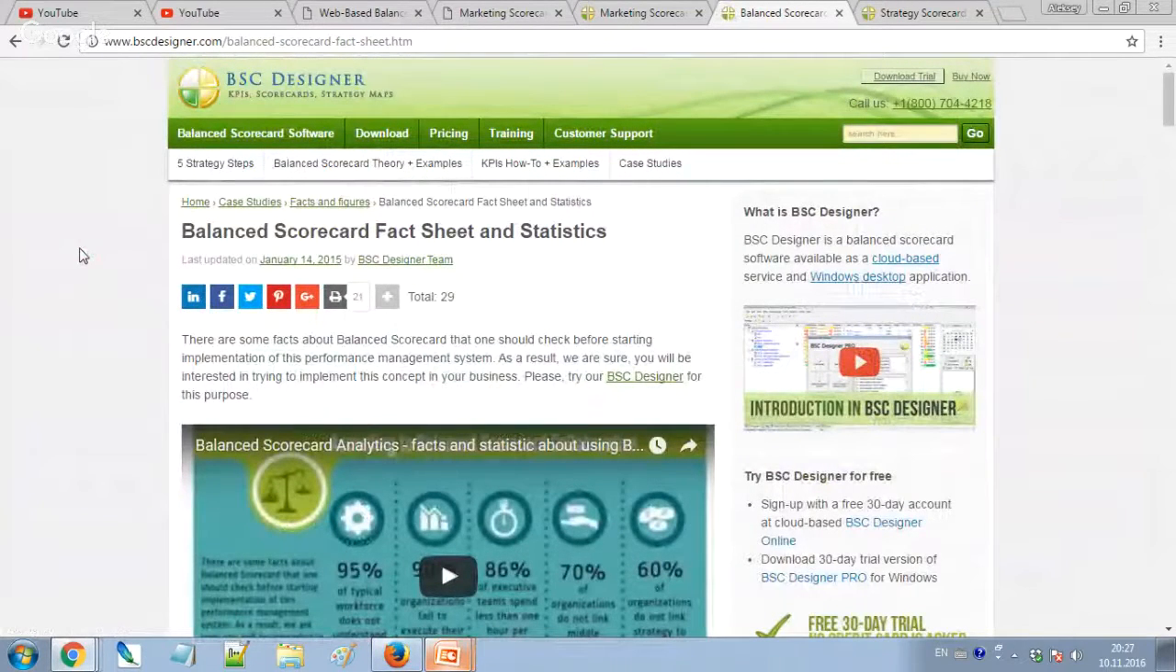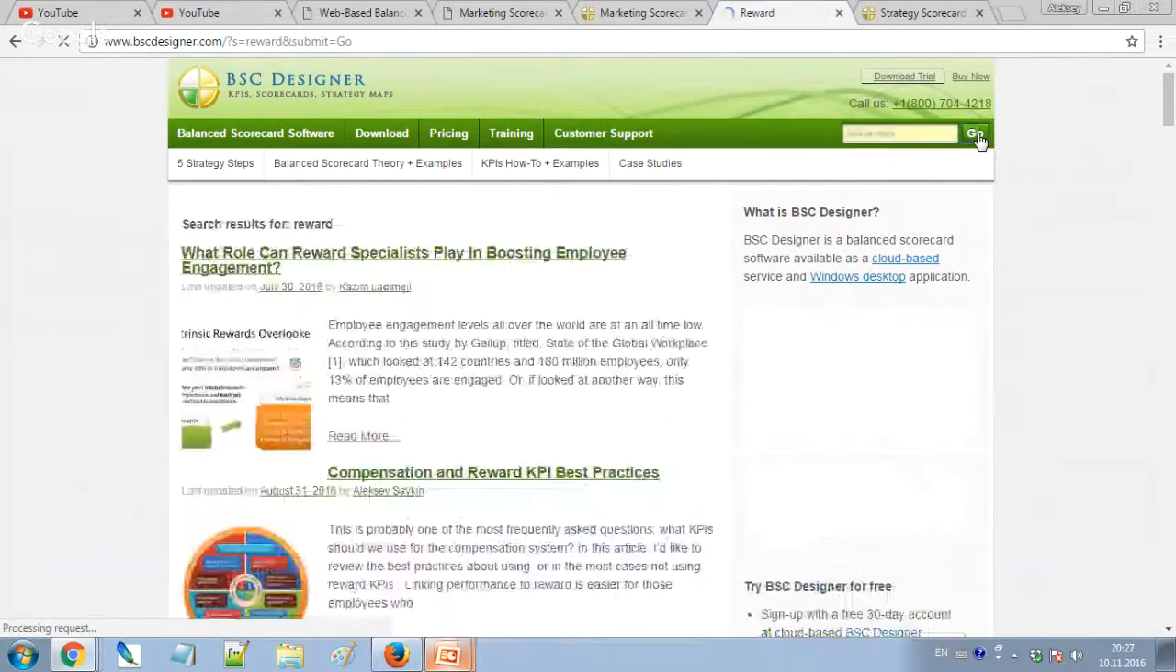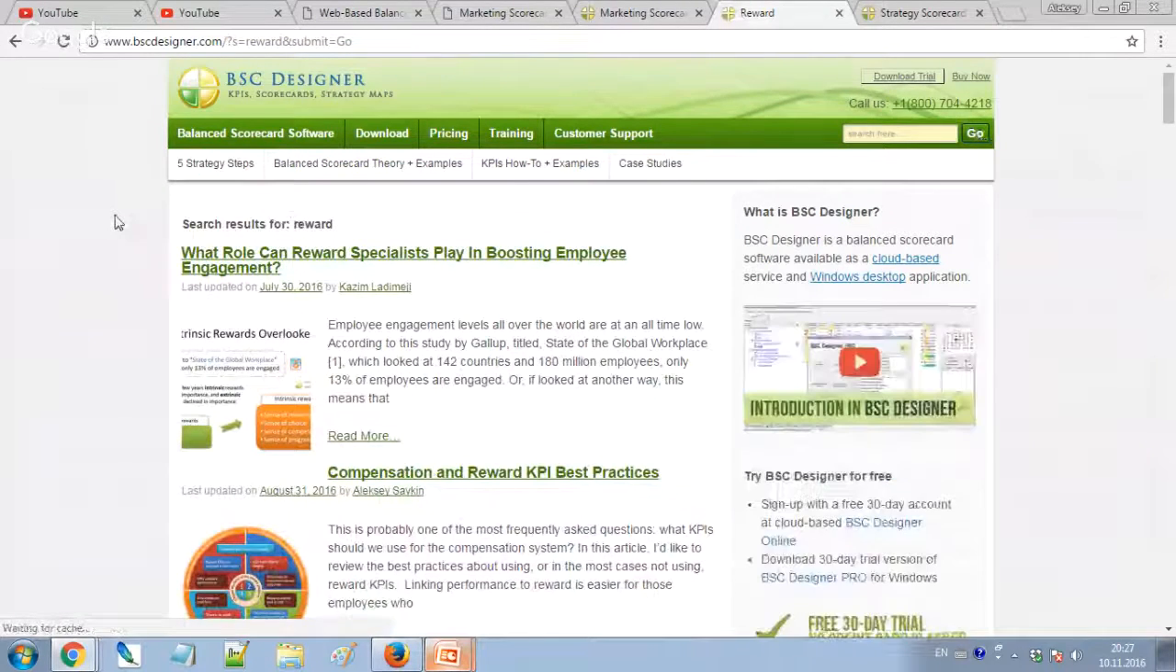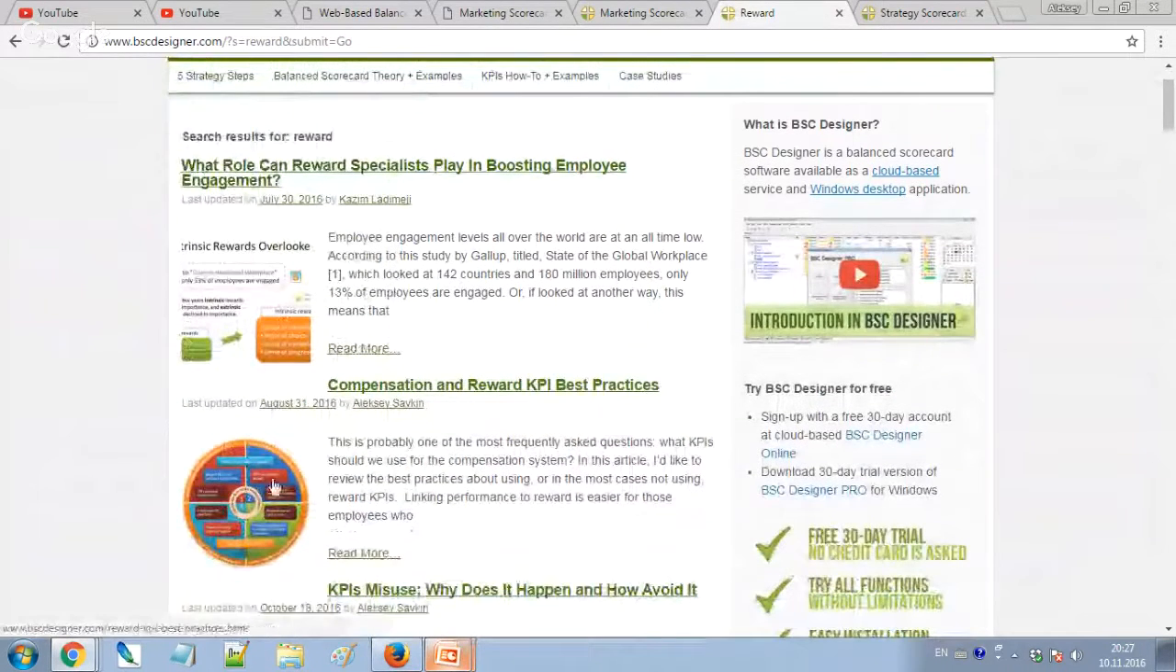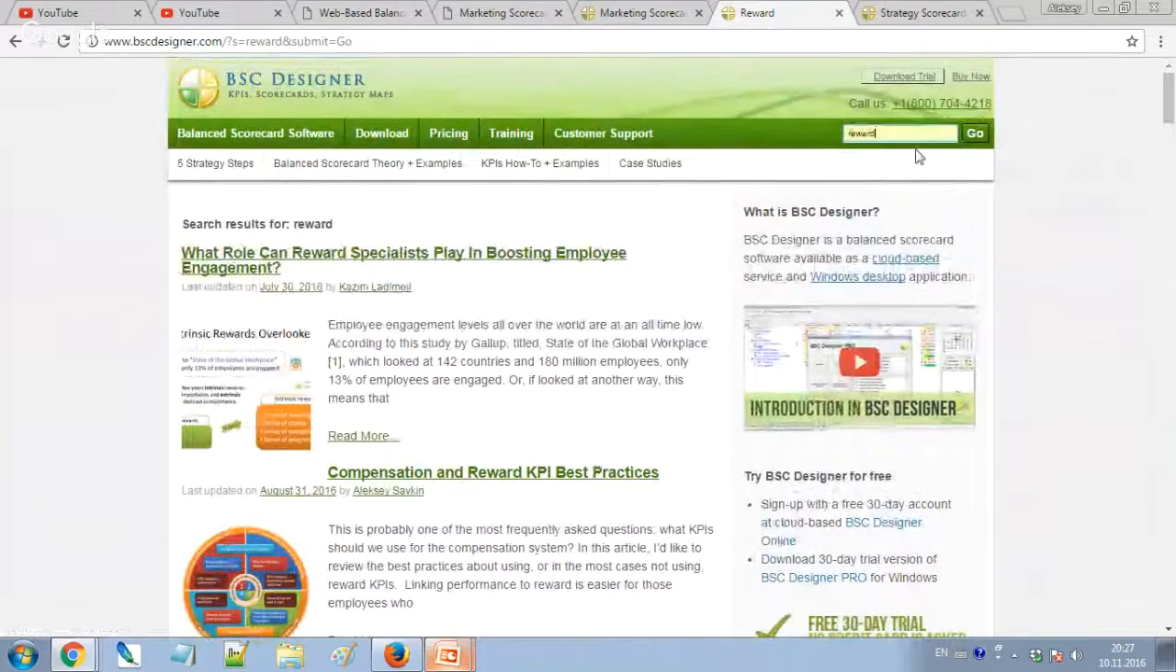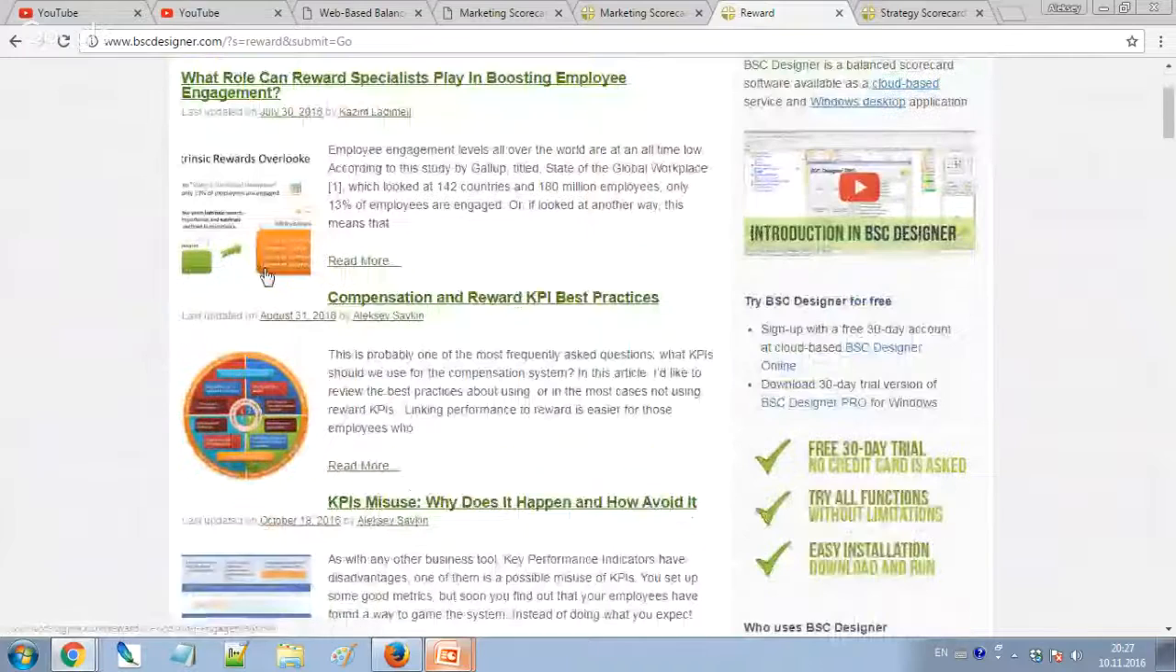Now, the next question, finding out employees' relations. If I understood correctly, it's more about incentives and rewarding employees. In this case, have a look at these two articles. Just put here in search "reward", and you will have these two articles. I would recommend to start with them, and also